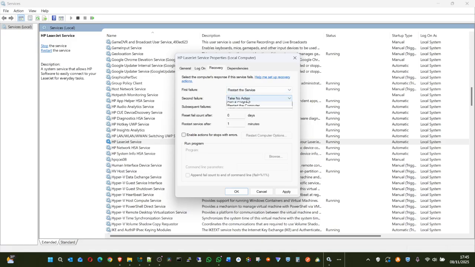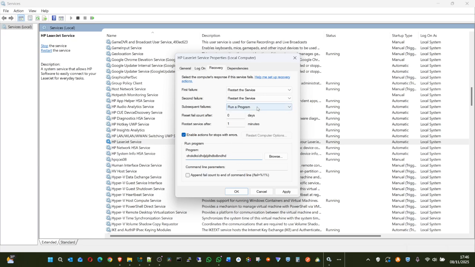If it fails the second time, restart the service. On subsequent failure, you may say run this particular program, maybe to do a system check, or to restart the computer, or you can run chkdsk or whatever command you want. It will automatically recover by itself.